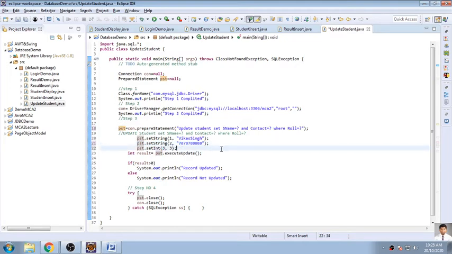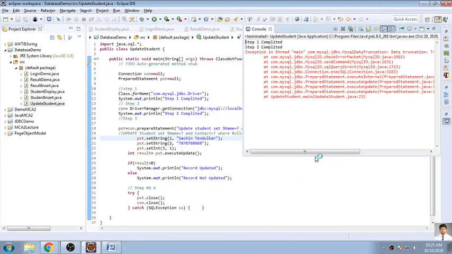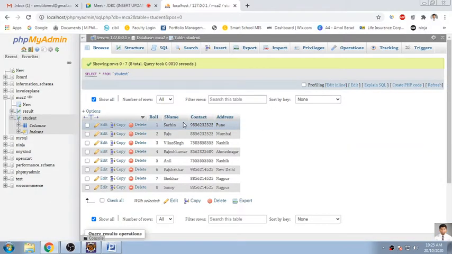So I will change roll number 1 from Sachin to Sachin Tendulkar. We'll see what is happening. So run. Update student set and contact is. So it is something.